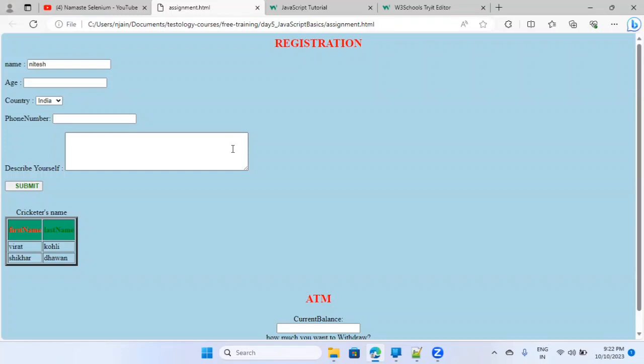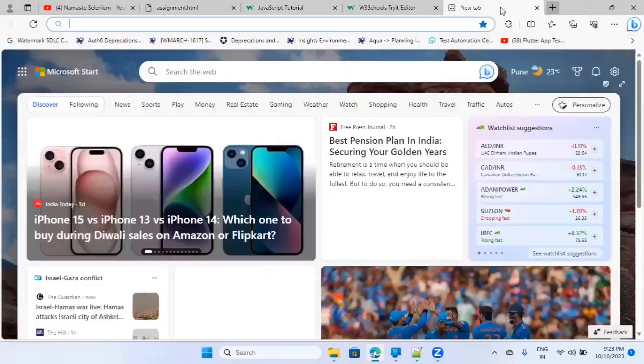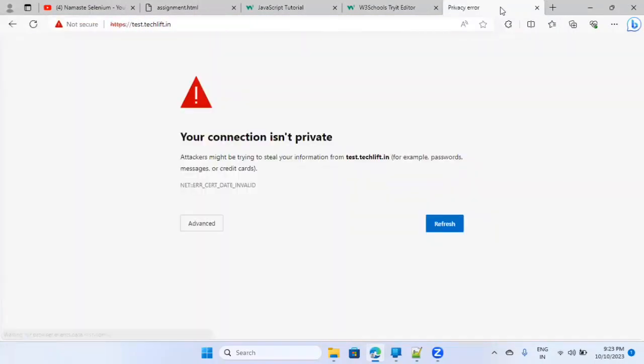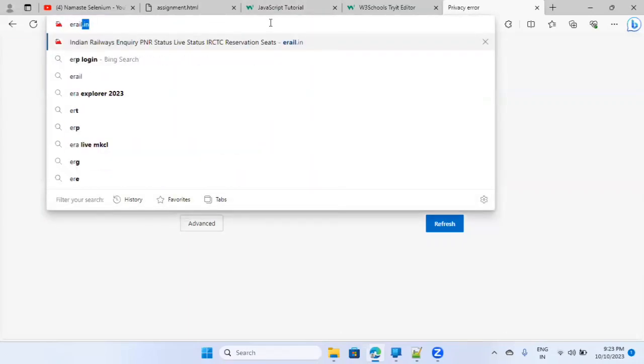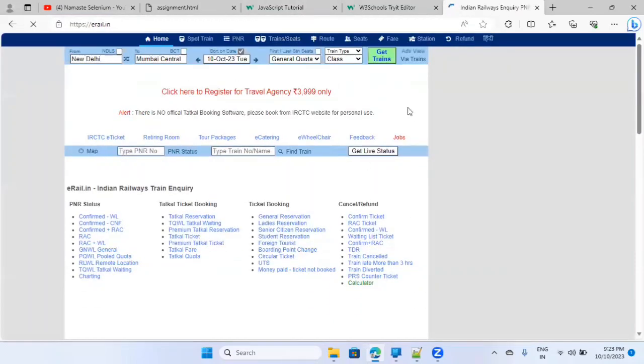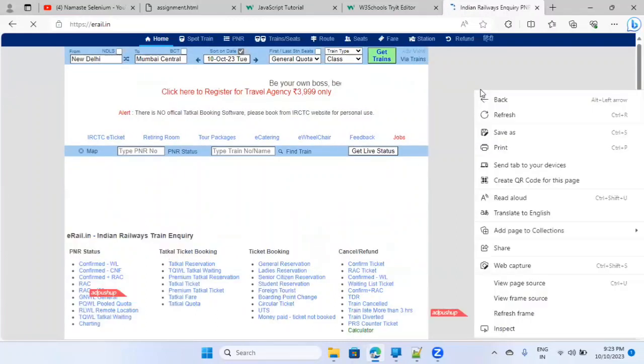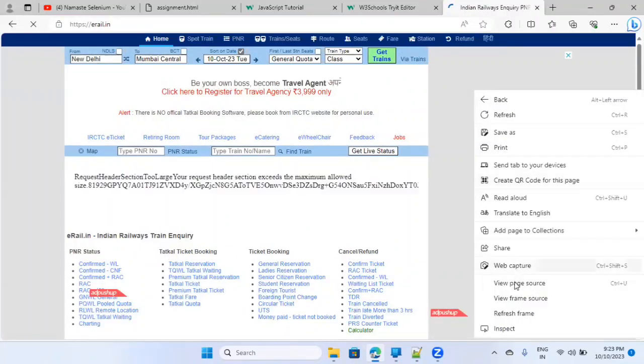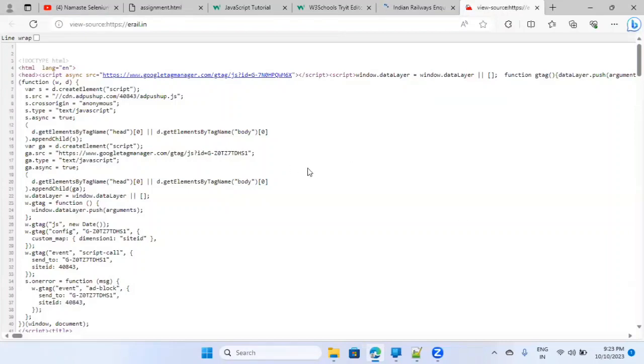How to do that? So let's understand that here you have to write client-side scripting as of now. I was talking about client-side and JavaScript, server-side scripting, right? So for any website, let's say this is a website. Let's open any other website, let's say erail.in. If I do right click and say view page source, you will be able to see